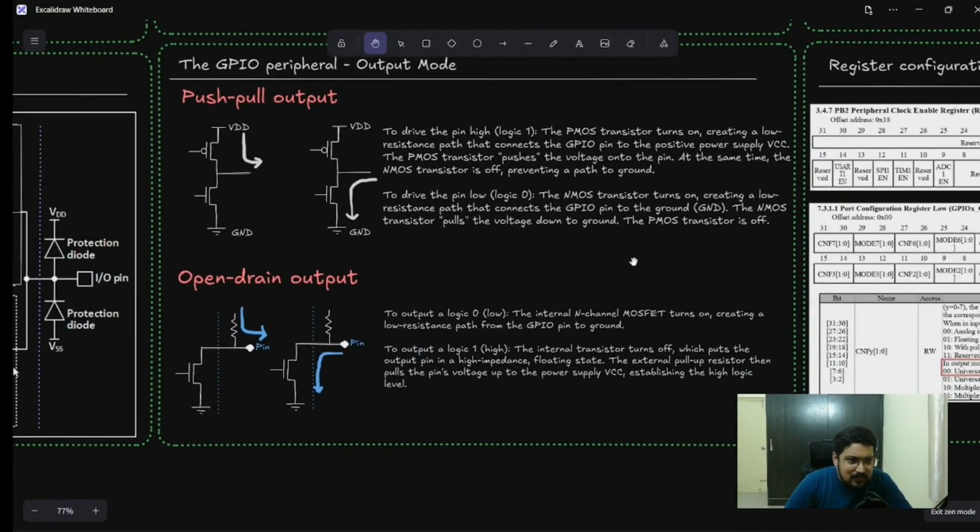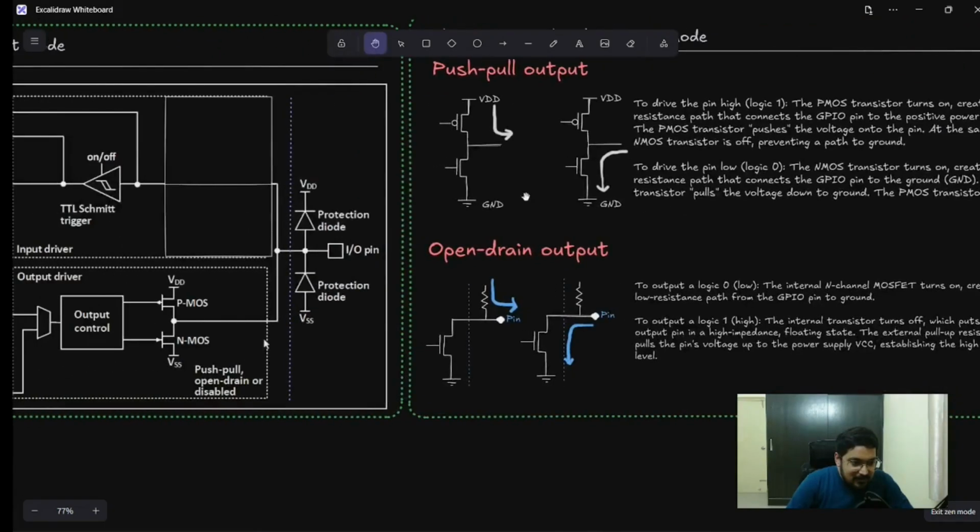Now, the GPIO peripheral in output mode can either be push-pull or open drain. Now, if we want to set the value on a pin, we need to understand these modes. This is this part of the diagram, all right? The output control after the driver, this part. Now, I am representing PMOS this way,